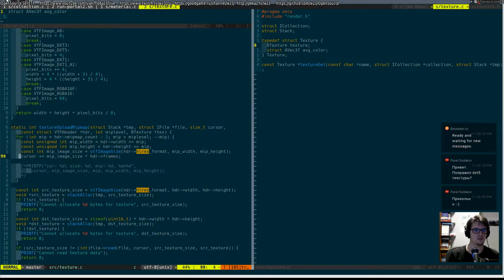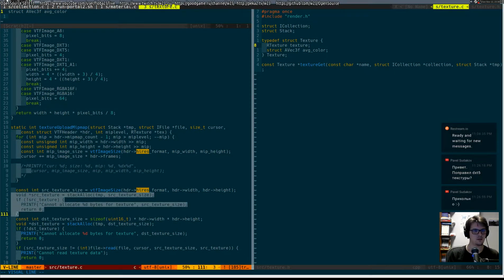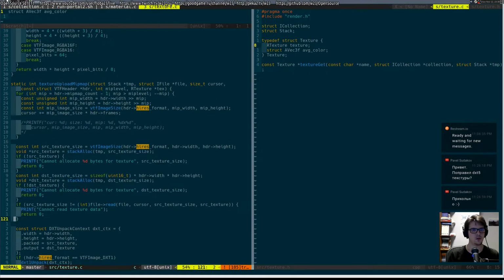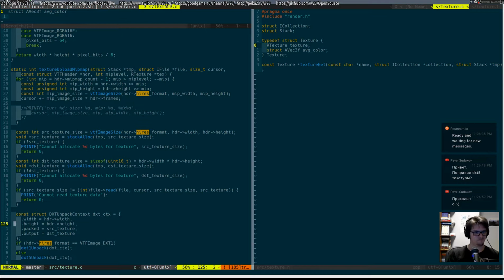Header image size, skip, and then BTF image size. Texture stack log. Okay, so